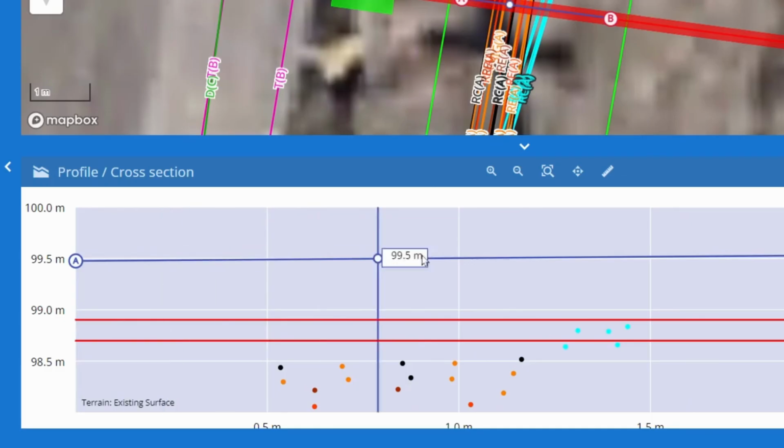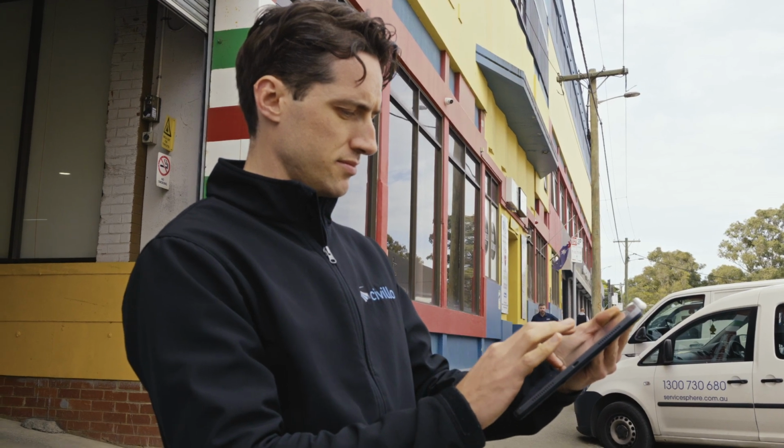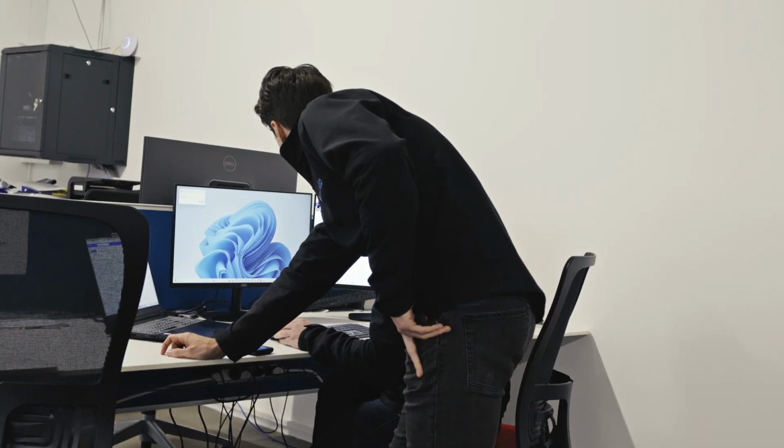There's also guys out on site screaming for me to come and do set out and other activities and things like that. So basically, the need for the survey team to do cross-sections all the time creates a bottleneck of information where everyone's waiting for that one person or a couple of people to produce the information. So the game-changing part about the Civillo cross-section tool is that anyone with access to Civillo can do